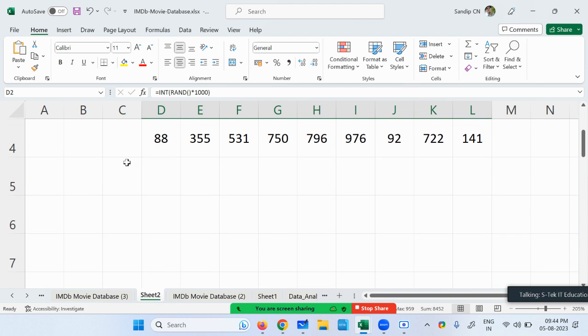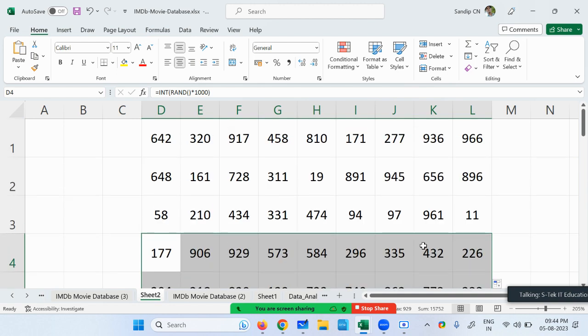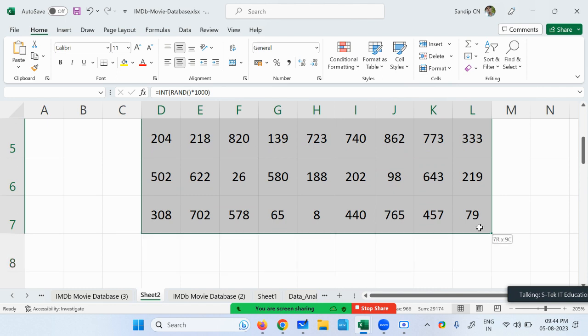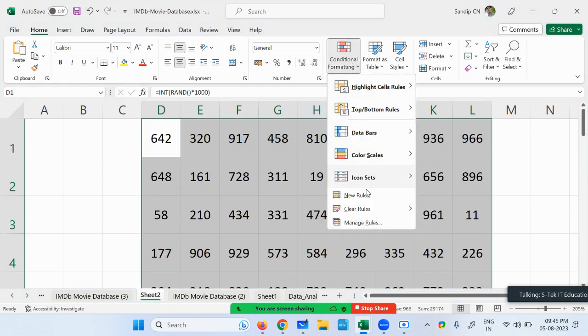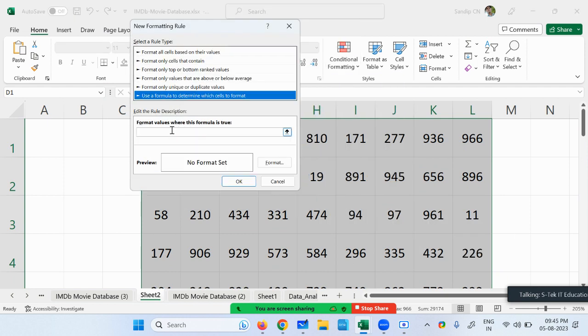Has nothing to do with our conditional formatting. Just to see what happens, I'm just adding them. Now I'm selecting all the data. This data is selected. Then I'm going to conditional formatting, new rule, and my rule is first is equal to first MOD function, bracket open, and inside this MOD use